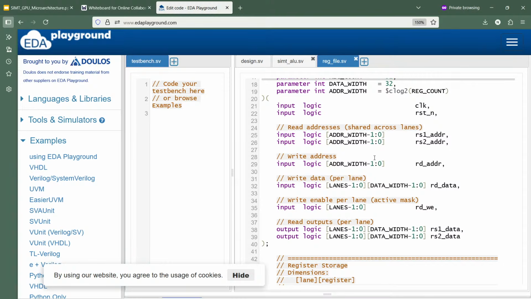So now let's come to the ports of the register file. First of all, you could see the RS1 and RS2 addresses, right? These are primarily the addresses of the registers from which we will be fetching operand A and operand B, which you just saw in the symbol. Okay,